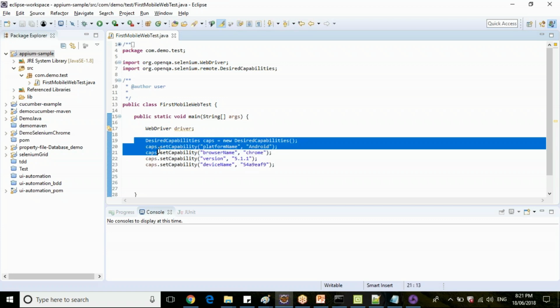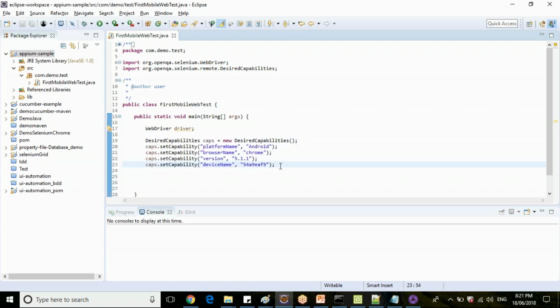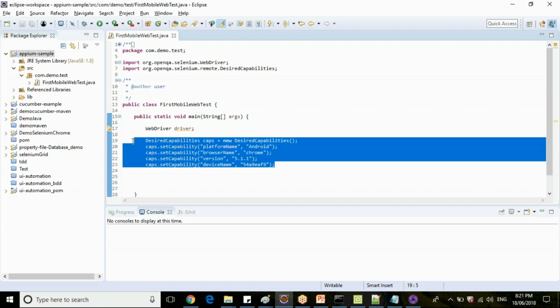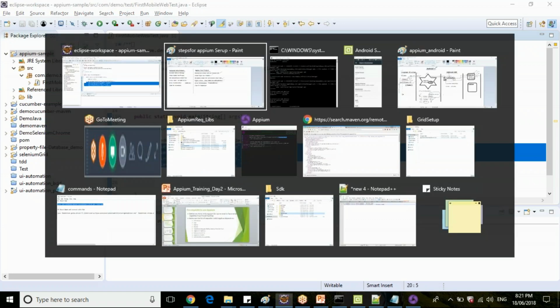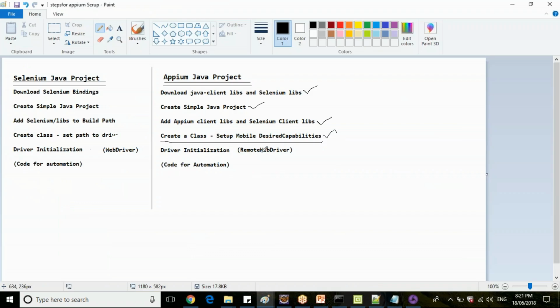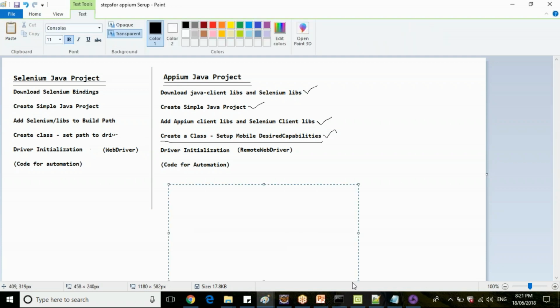Now, for mobile, there are four capabilities: platform name, browser name, version name, and device name.